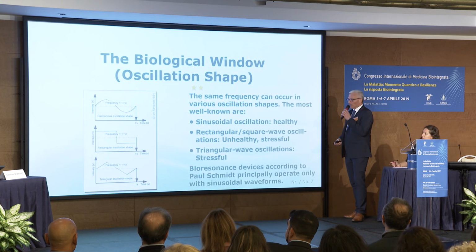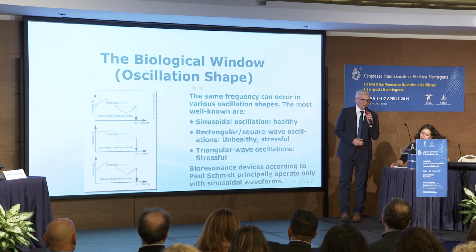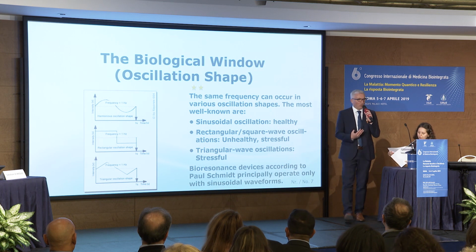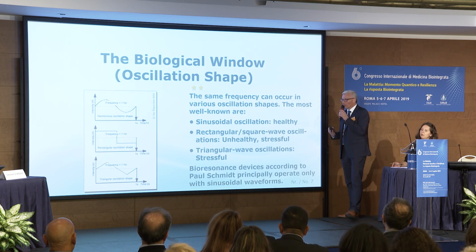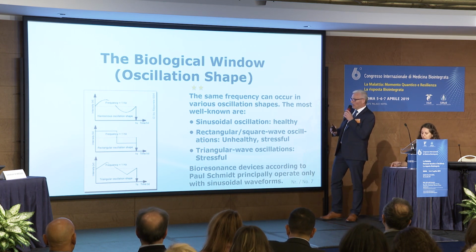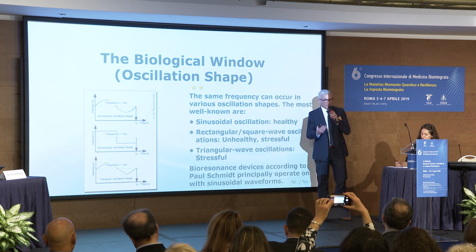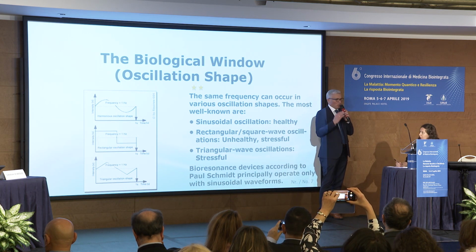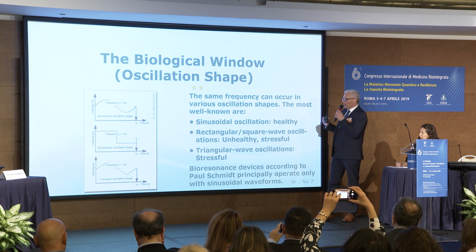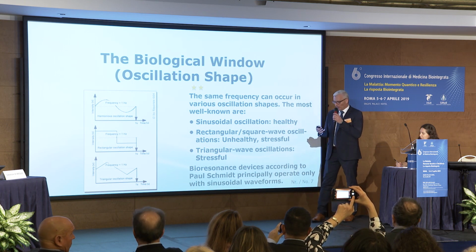Important when using bioresonance or frequencies is the waveform. That means, what kind of frequency do I use? In physics, or in the technical fields, one and the same frequency can have a different shape,